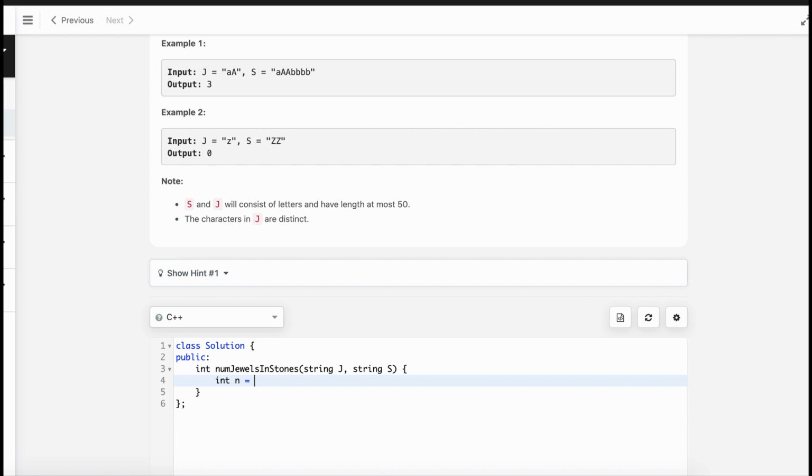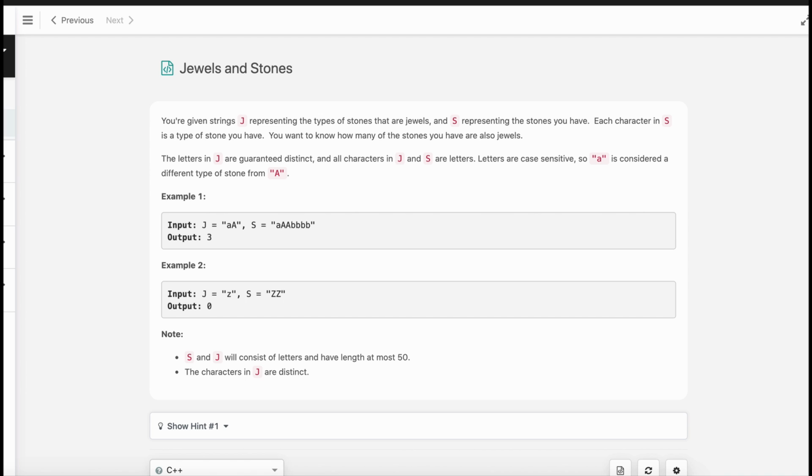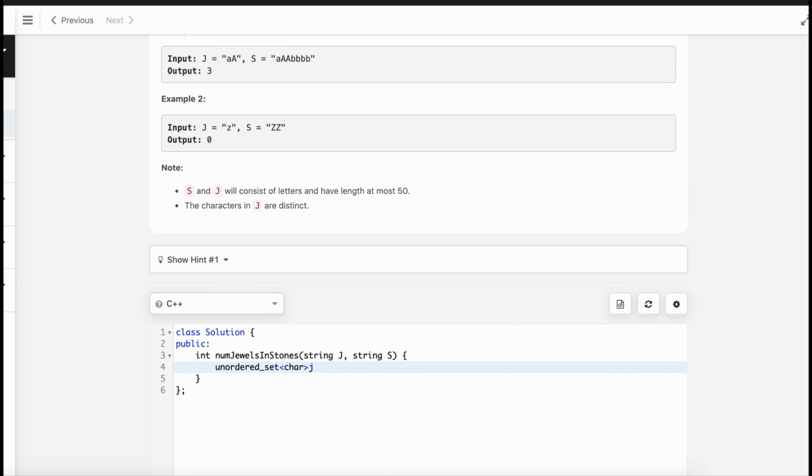First of all, let's define a set which contains characters only, and call it jewels. Jewels.